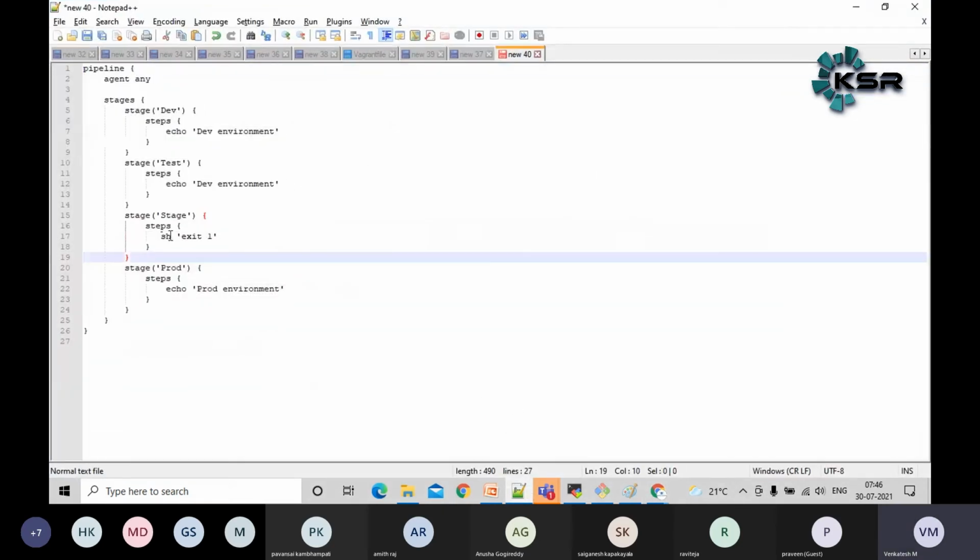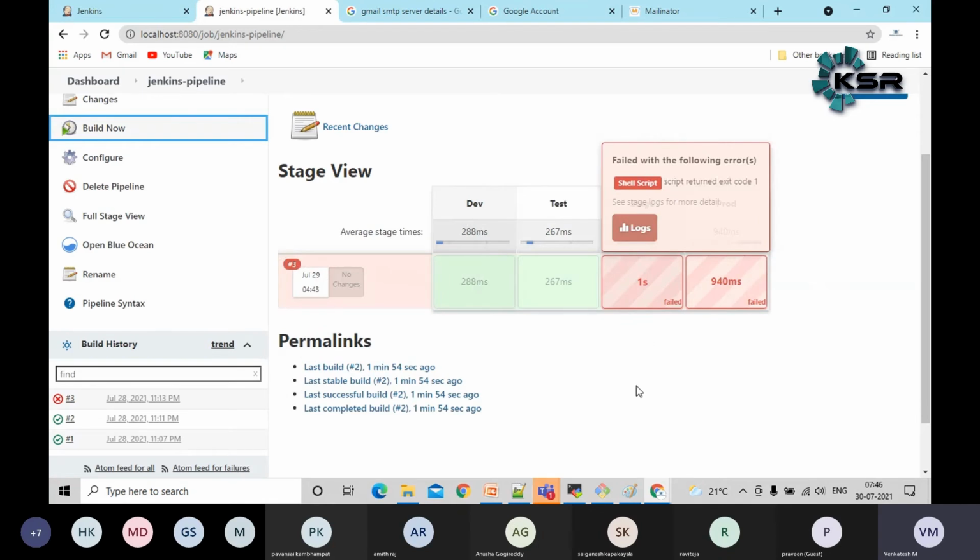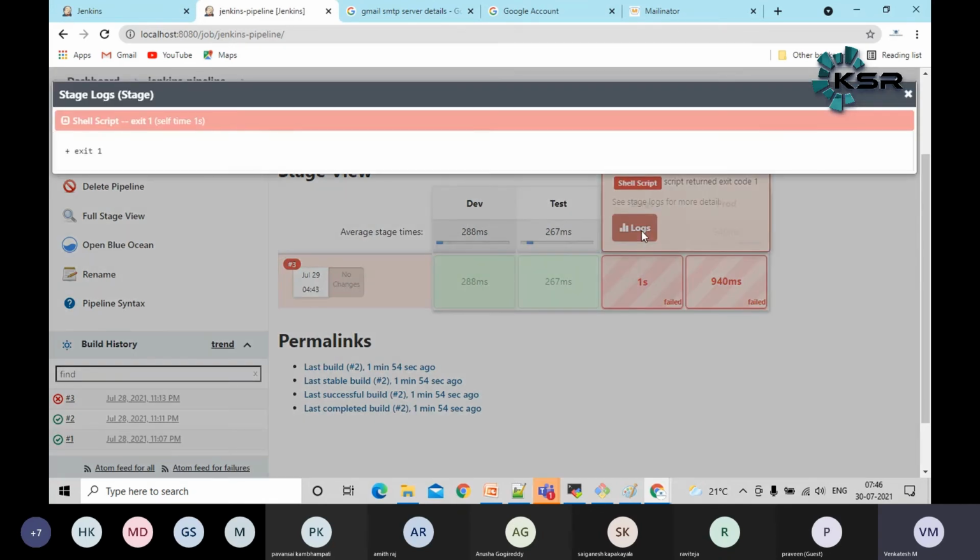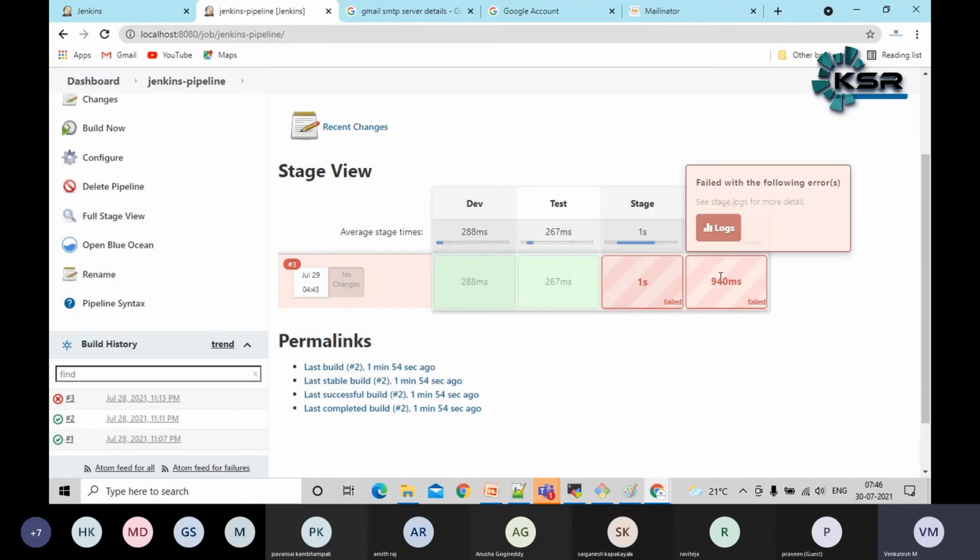What I've done is run a shell script with the exit 1 code. I will cover that extensively in our Linux session. As of now, let's say exit code: if the program succeeded, it will return exit 0. If the program has some issue and failed, then it will return a non-zero exit code, guys. So I'm making this stage fail by adding this line of code, guys. Now let's see what's happening. So here I have some of them. Let me see the error. Exit status. So this got failed. Let me see the prod.